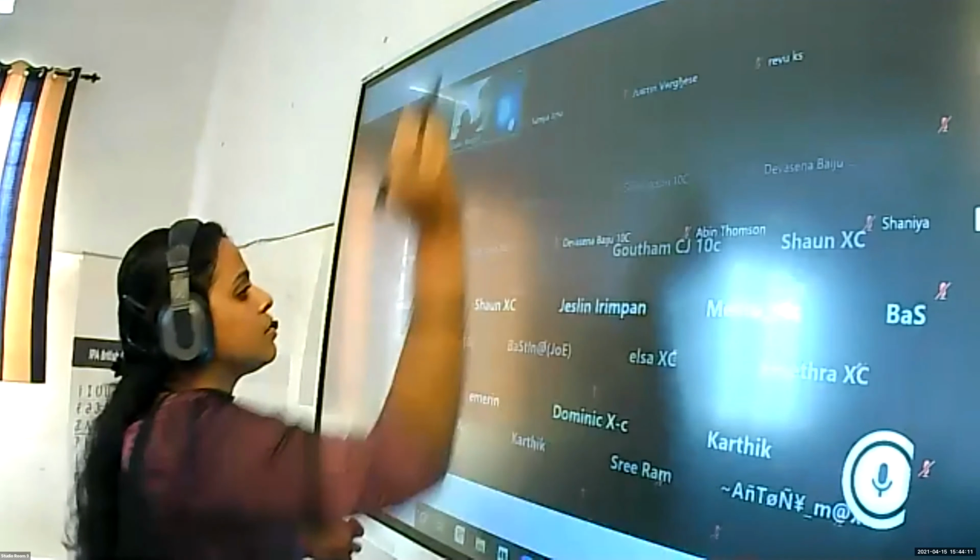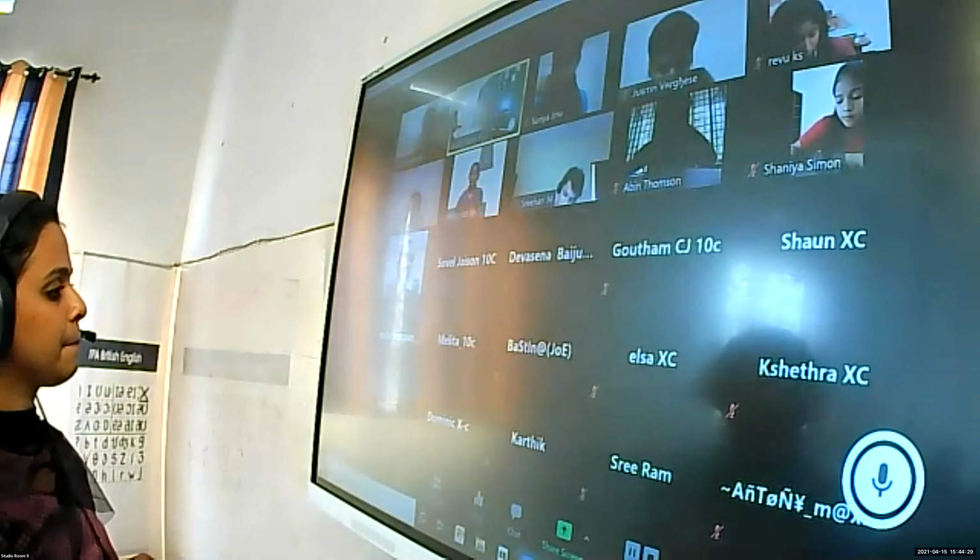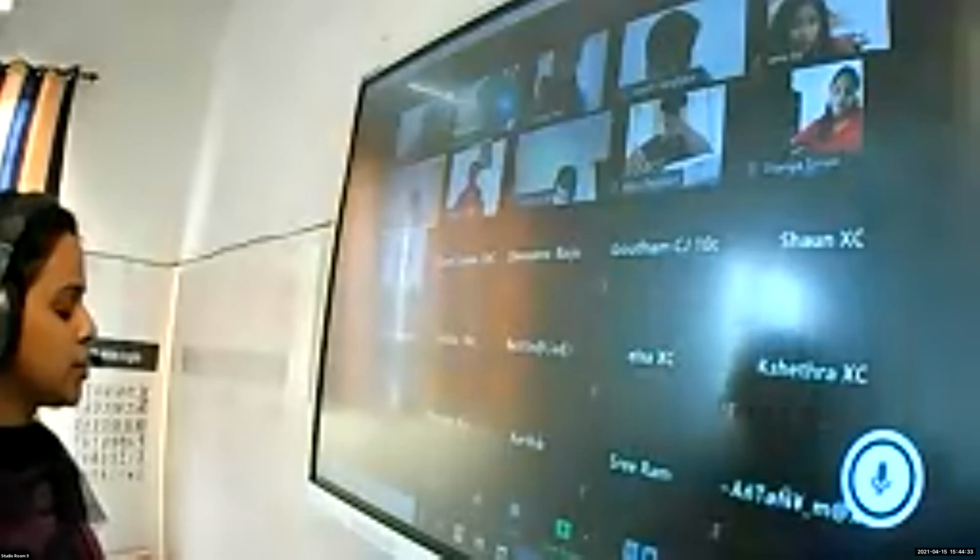So once again, we can recall what we learned about the power of lens. Srihari, can you define what you mean by the power of lens? Power of lens is the reciprocal of focal length. Reciprocal of focal length. Okay, very good. Adulya, equation for calculating the power of lens. P equal to 1 by F. Very good. Karthik, unit of power of lens.